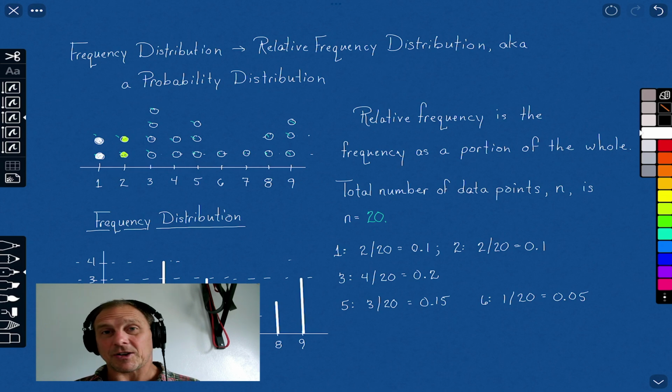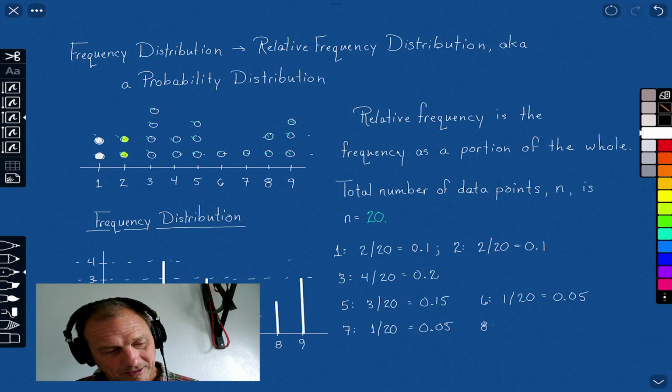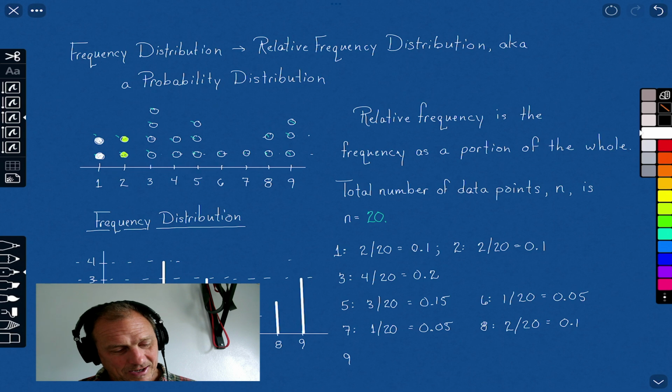The 7 occurs once, so we know that answer. Occurs 1 out of 20, but we already said that that's 0.05. The 8 occurred twice. Well, we've done that calculation now a couple of times. 2 out of 20, this is 0.1. And then the 9 occurred 3 times of the 20 total. So that's